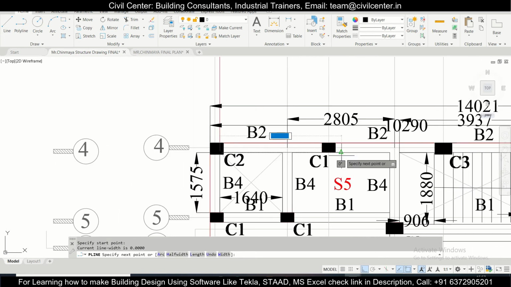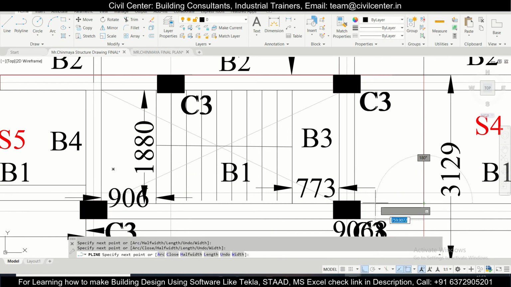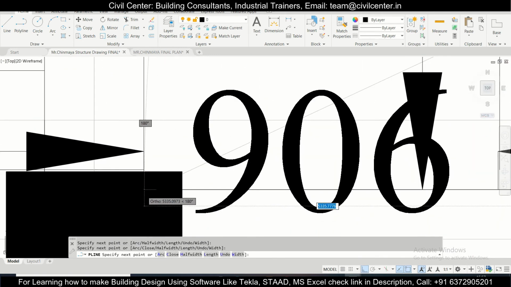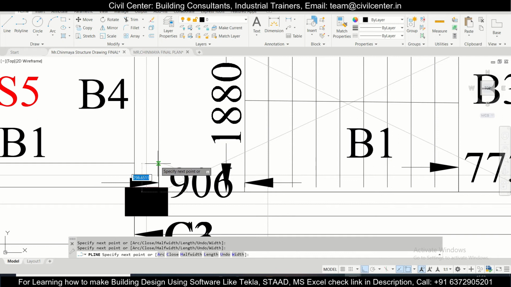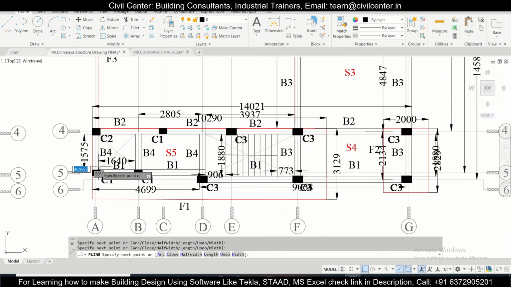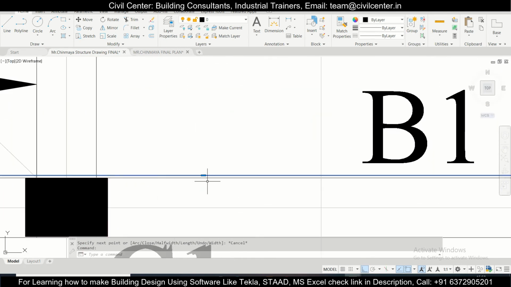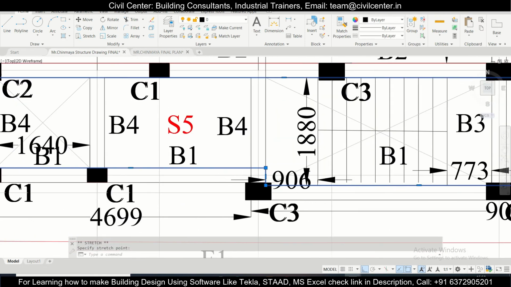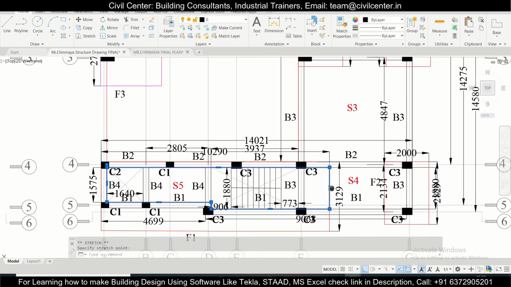So we can start the polyline from here, and here, here, approximately here. So this will be the polyline for the deduction of the area for sand filling inside this particular area.